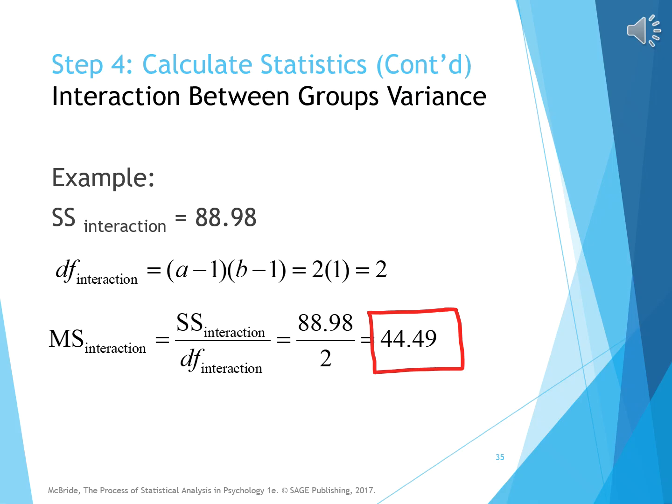And just to get that into the mean squares of the interaction, which again is the between groups variance for the interaction, you would take 88.98 and divide it by the degrees of freedom. In this case, degrees of freedom are the number of levels of the first independent variable minus 1 times the number of levels of the second independent variable minus 1. So basically you get 2 times 1, which is equal to 2. And dividing 88.98 by that 2 degrees of freedom gives you